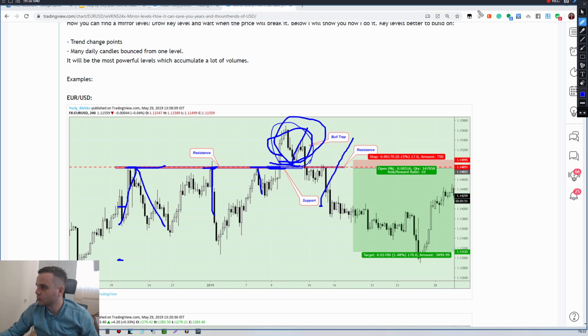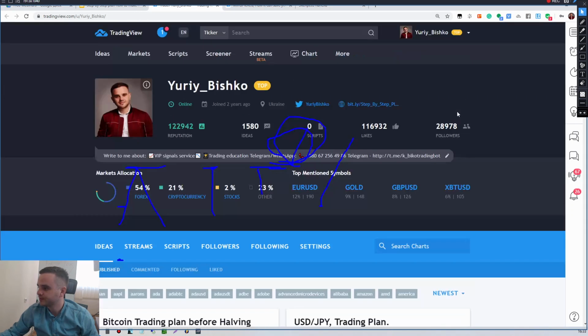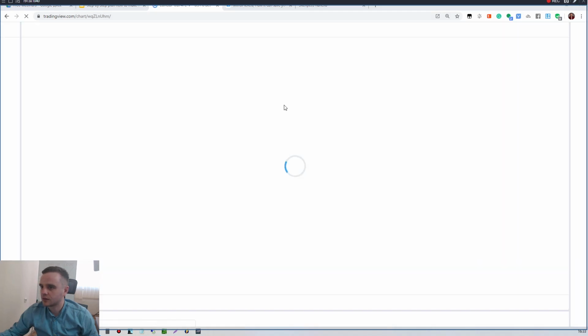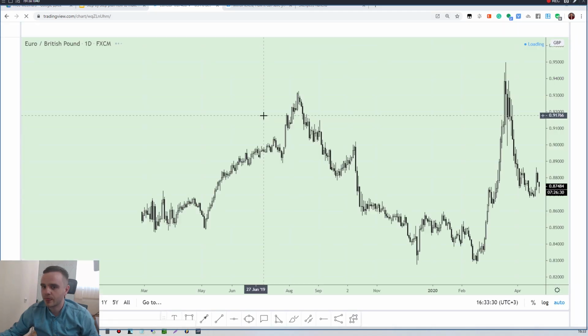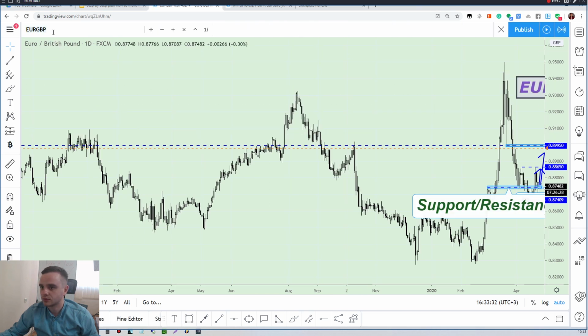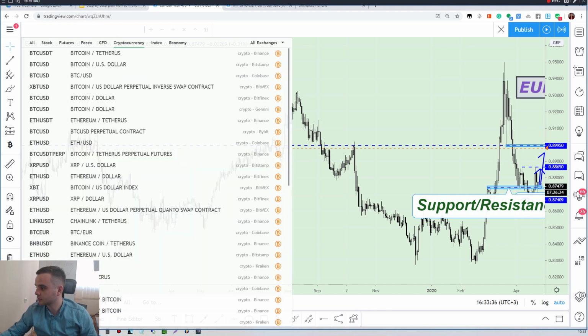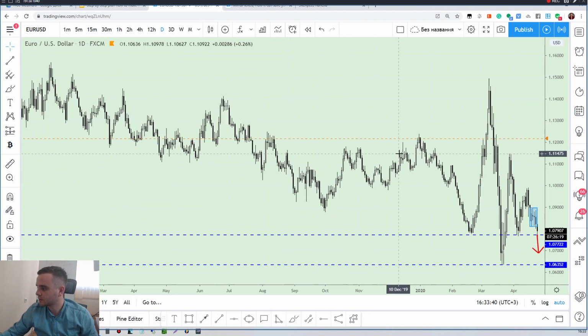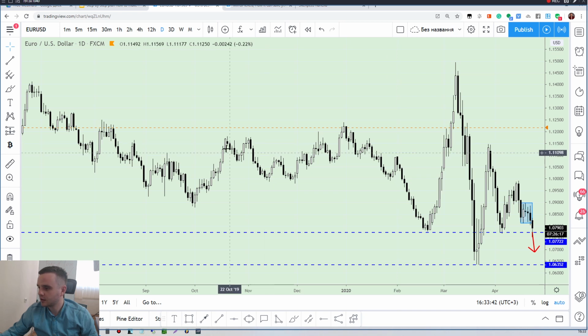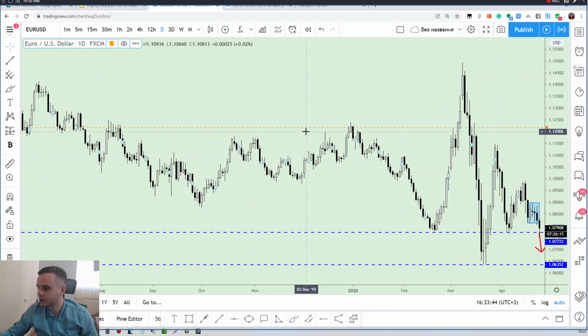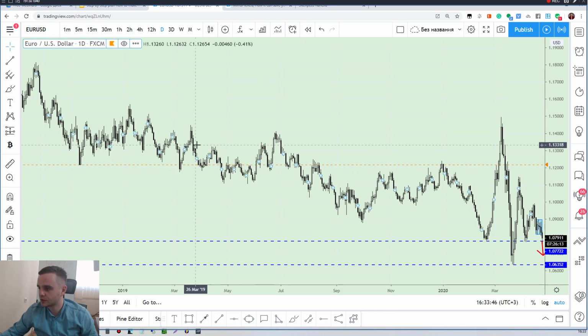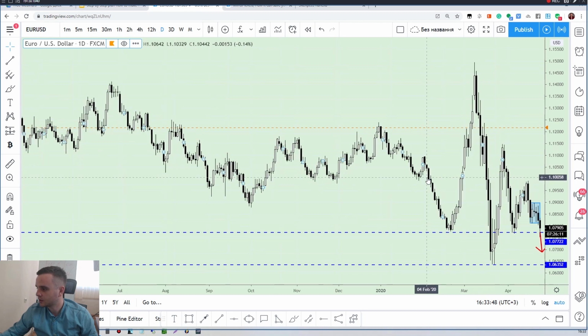If you would take a look at EUR/USD at that time, let's open TradingView and I'll show you. Take a look here. EUR/USD, Forex EUR/USD. Take a look at where EUR/USD was. Was it here, or maybe it was here?